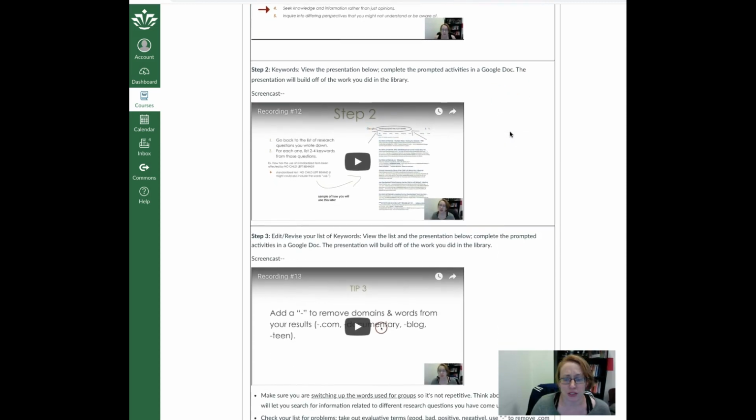And how you might think about using this kind of thinking in the future as a general research habit. Step 2 is more about keywords. So you came up with some keywords in the library just for your big LOI. So what you're going to be doing with step 2 is